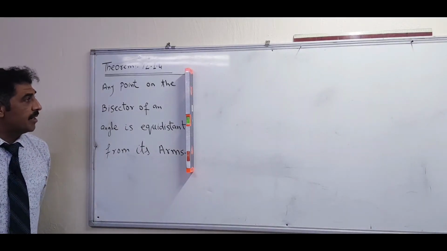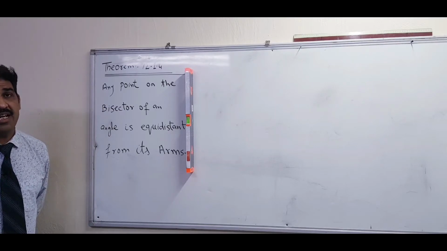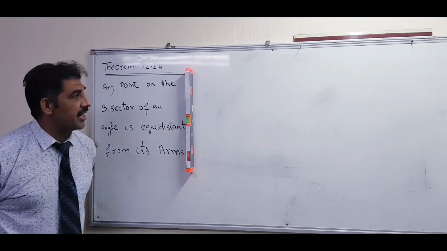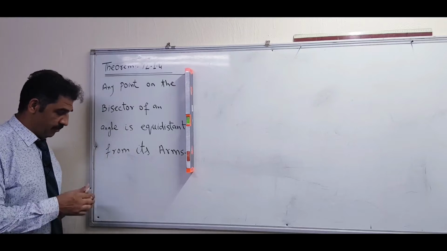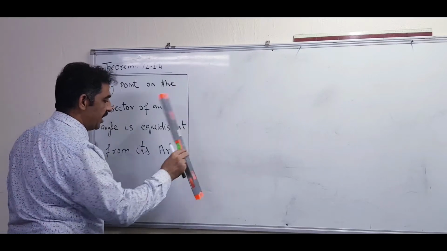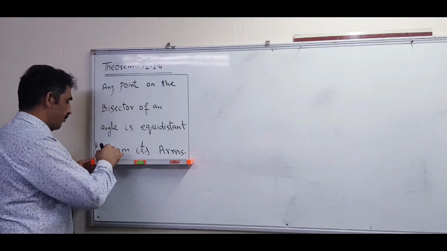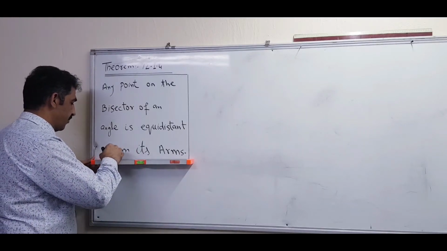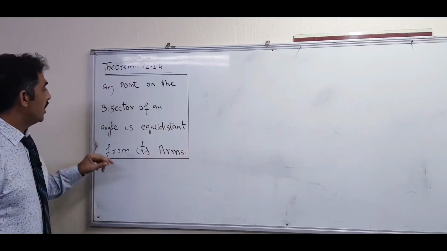Okay. But before writing the statement, we should make the diagram. As I told you before, first you construct the diagram, then after seeing the diagram, we will write the given of the statement. If you want to write here the given of the statement, so first of all, with this statement we will make the diagram. What is in this diagram?